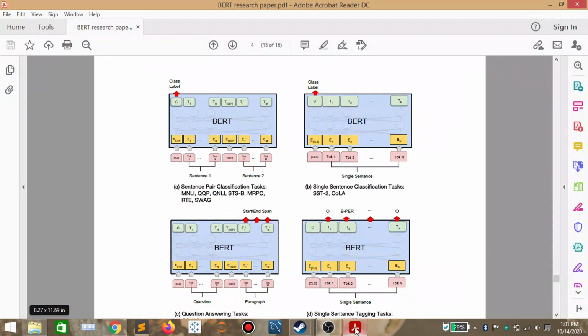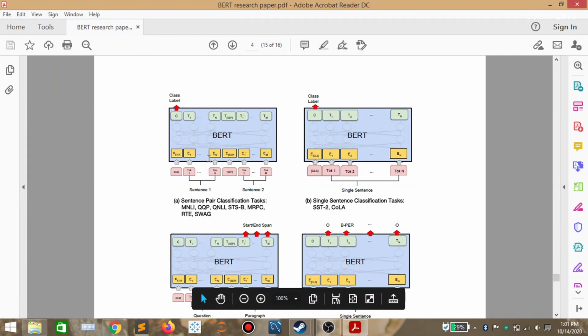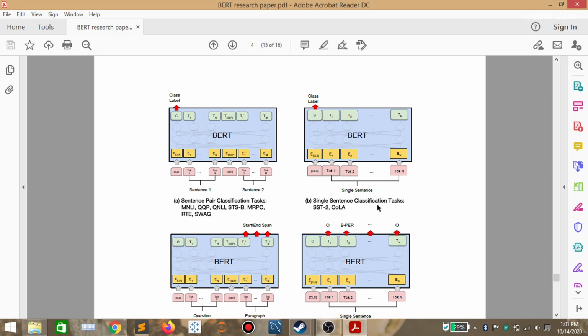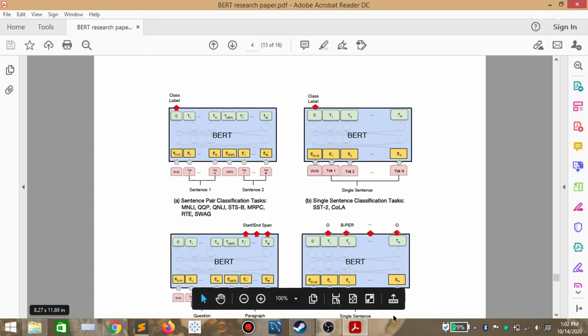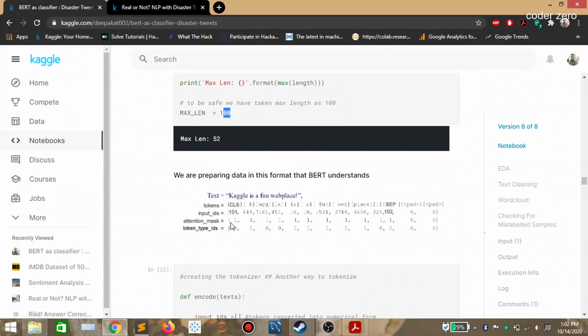If you go to the BERT research paper, you can see this is the single sentence classification. This is what we are doing, and this is the sentence pair classification task. Here we will be using a separate token, and also here we will mention that if this is another sentence, these values will be 0, and from here we'll put another value, let's say 1.